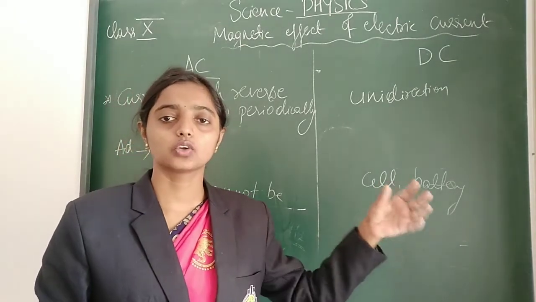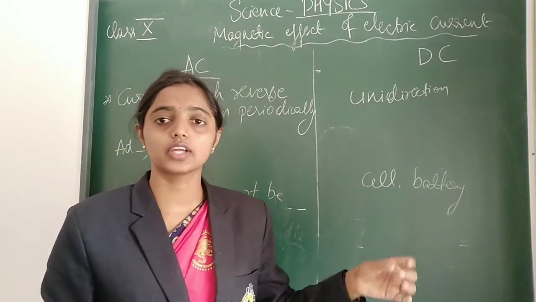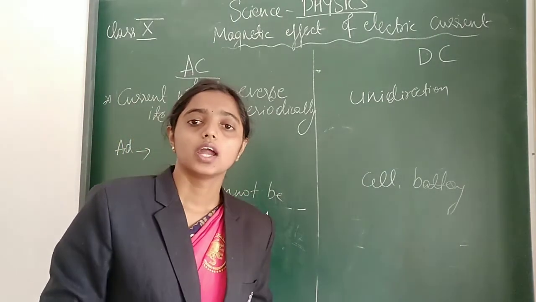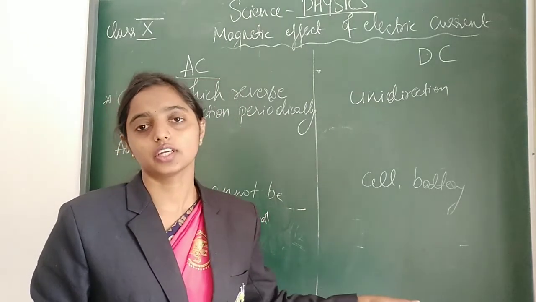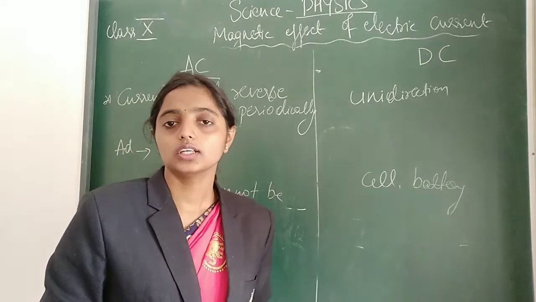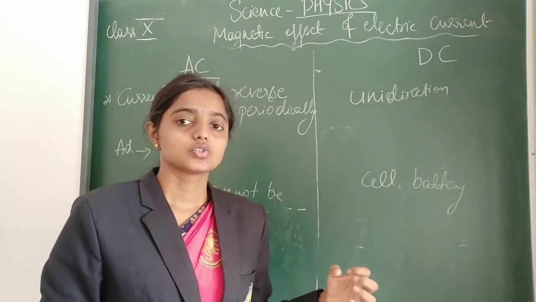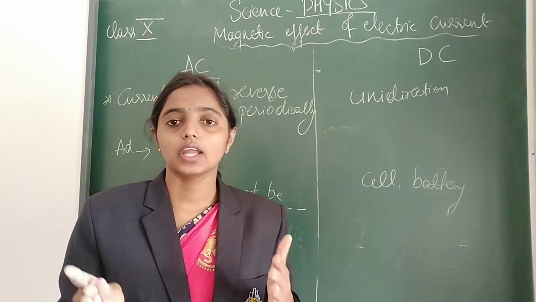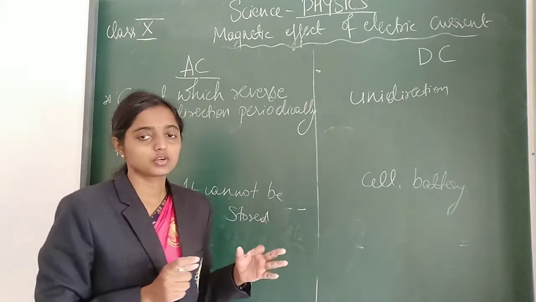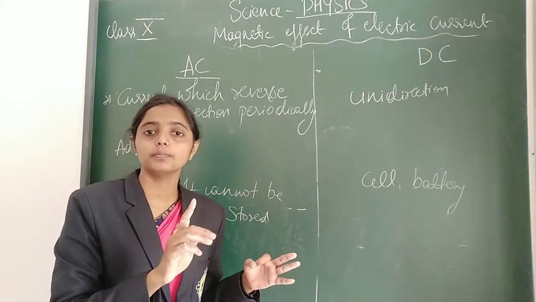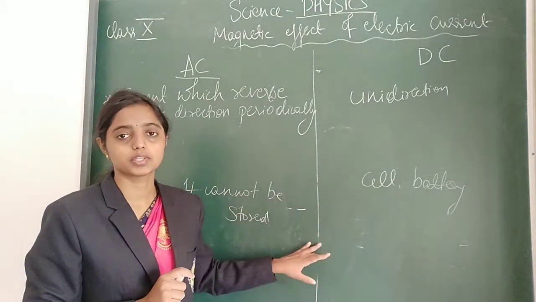So next in that chapter we learned Fleming's left hand rule, Fleming's right hand rule, the right hand thumb rule, and electromagnetic induction, electric motor and electric generator. So these are the different topics which we covered. From the examination point of view, they usually ask one or other question from electromagnetic induction, and one diagram is expected from this chapter.